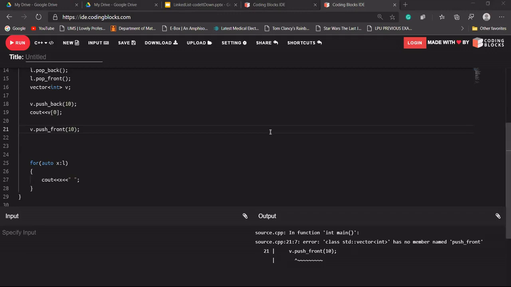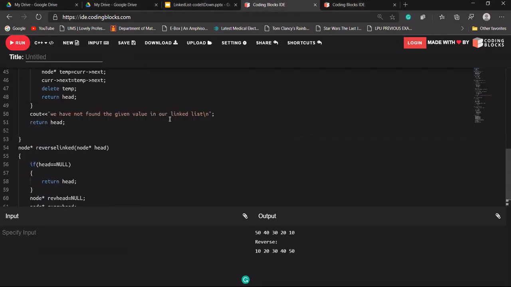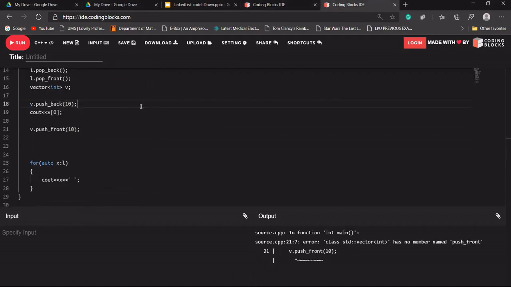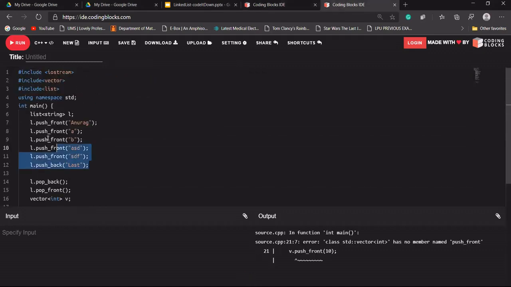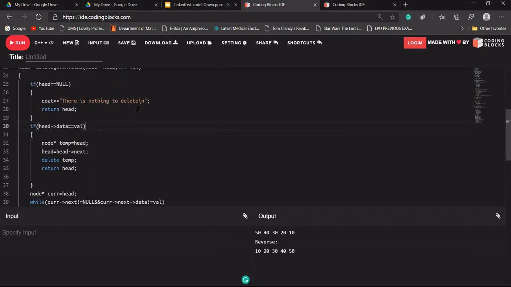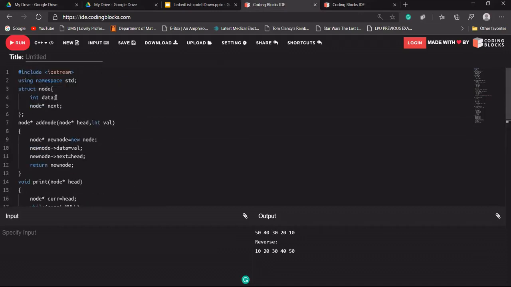Ashish Kumar is asking, can we store different data types in a linked list unlike arrays? Yes, Ashish, you are asking about the linked list we have created or the STL. In both cases, we can add any type of data. We have covered in STL, we have added string, character, double, and float as well. If you're asking whether we can add string and int in the same list